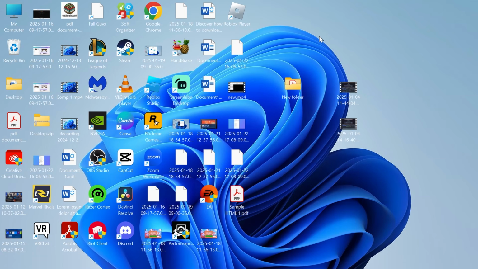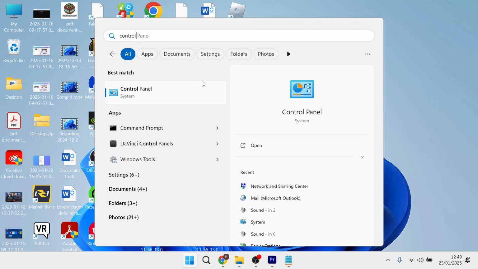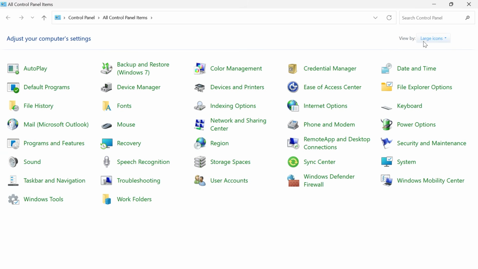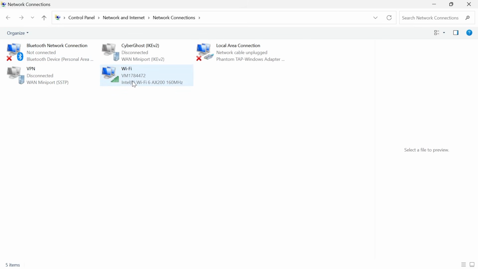Now, if it's still not working, the next solution is to head over to your Start menu, search for Control Panel, and then click on the Control Panel window. In the top right hand side, set View By to Large Icons and then click on Network and Sharing Center. Select Change Adapter Settings in the left hand panel, and then what you need to do is right click on